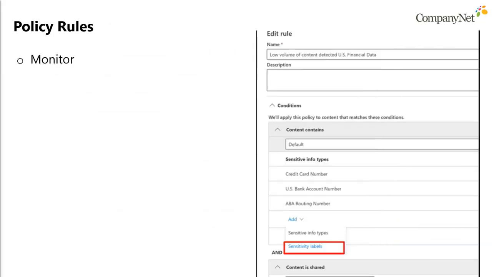So policy rules, let's just step through a few of these. So monitor, so predefined policy templates. As I mentioned earlier on, we have financial data, but what this does is it creates a kind of template that you can utilize when creating your DLP policy. Then it contains all of the financial data, all of the medical data, all of the privacy data